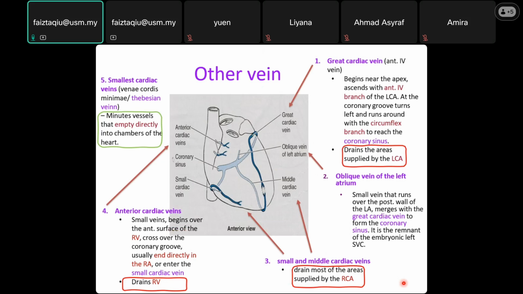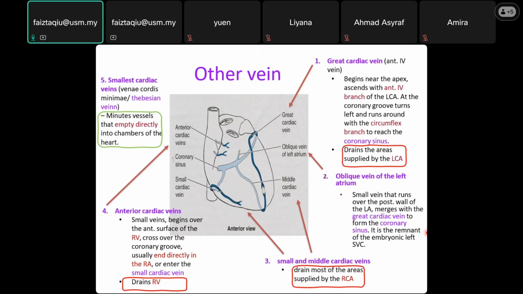The significance is that the coronary sinus does not have a shunt. But the Thebesian veins, the small veins, drain directly inside the cardiac chambers, both the right side and the left side. This makes them significant for cardiac shunt. When they drain to the left side, you will have a cardiac shunt. Another thing: the coronary sinus is also the place where you put in cardioplegia. When you want to give retrograde cardioplegia, you put it in there.